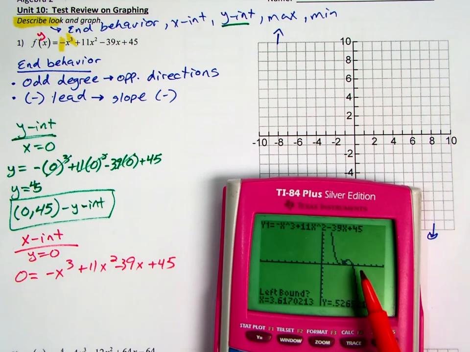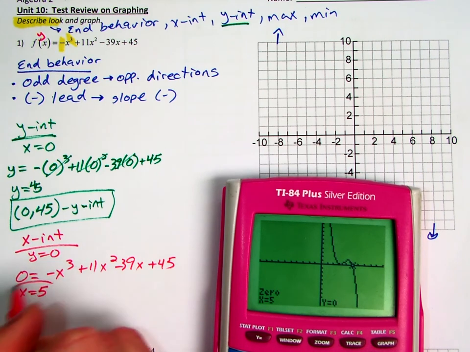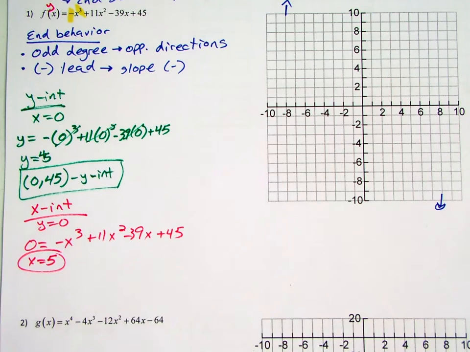Trying to go too fast. So here's the intercept that I'm trying to find. Right now I know I'm to the left of it, and then I can go to the right of it, which gives me 5, 0. So I know x equals 5 is a solution, and that allows me to do